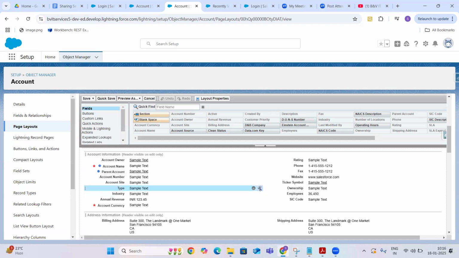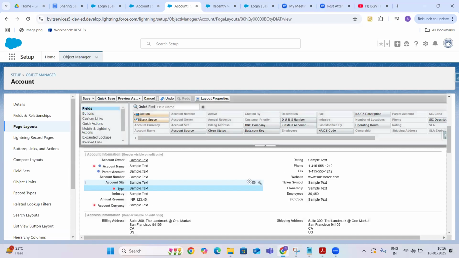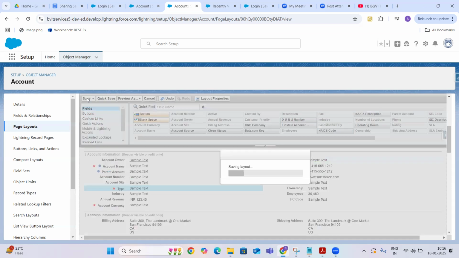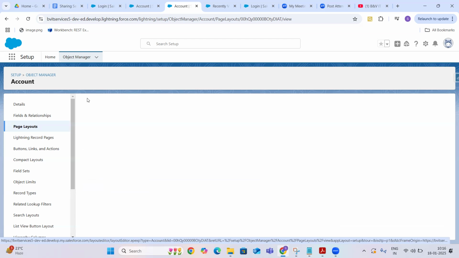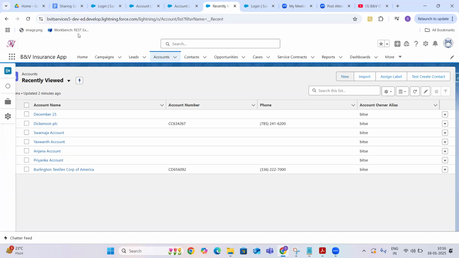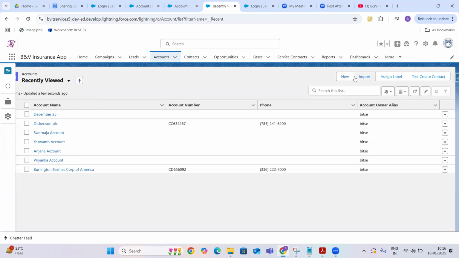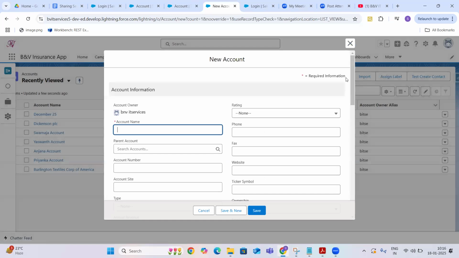You can go to the properties and make it required. Using page layout, we can make a field read only and required. So click on OK, then click on save. Now let me refresh this one and try to click on new.